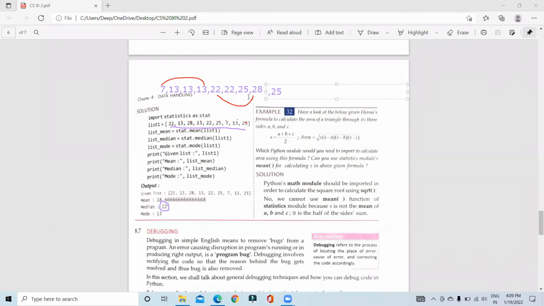ओके, सो आप इसमें देख रहे होंगे कि मीडियन जो है 22 आ जाएगा, बिकॉज व्हेन यू टेक हियर ये आपका 4 इधर है और 4 वैल्यूज इधर है, बीच में ये 22 आ गया, सो दिस इज मीडियन। आई थिंक यू हैव अंडरस्टूड इट। और इसमें मोड है 13, वाई, बिकॉज 13 सबसे ज्यादा नंबर ऑफ टाइम्स आ रहा है। सो दिस एग्जाम्पल इज क्लियर। ओके, सो नेक्स्ट इज